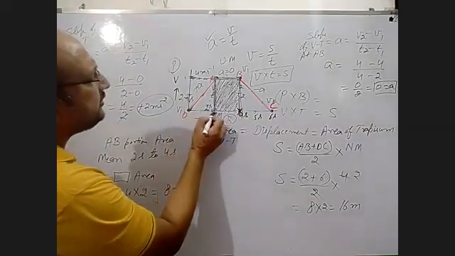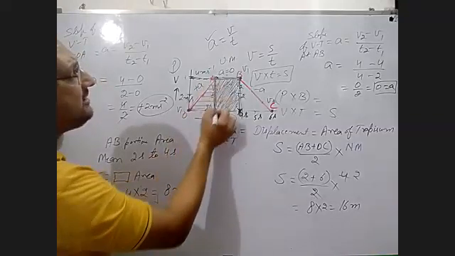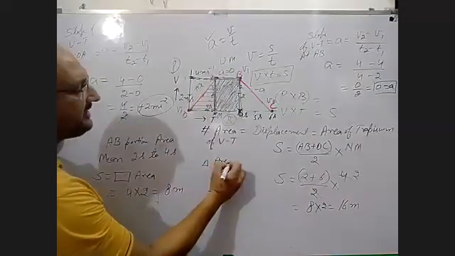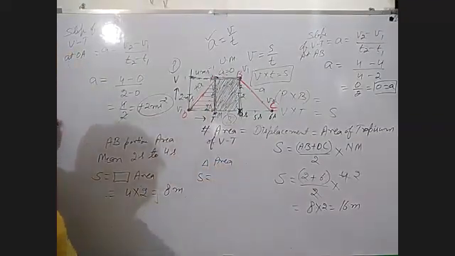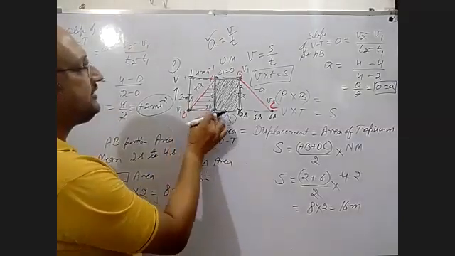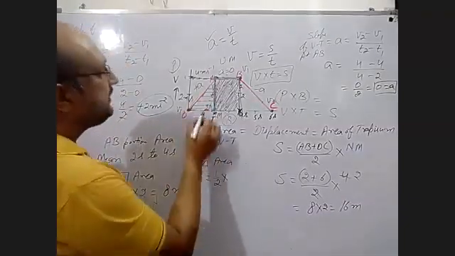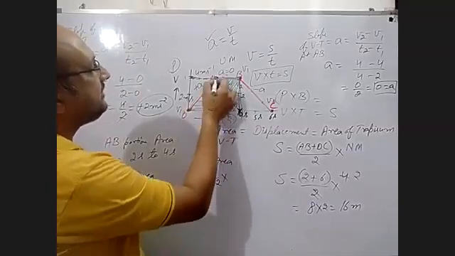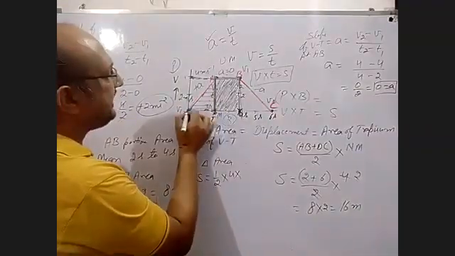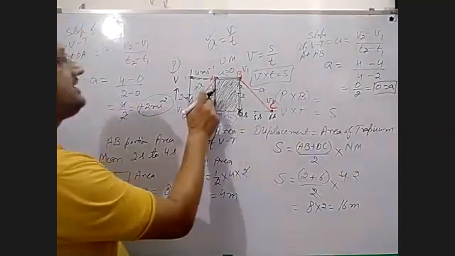If you want the 0 to 2 second area, only this portion, then this is a triangle. If you calculate the triangle area, you get the displacement covered by the object in the first 2 seconds. How can you calculate it? Half into perpendicular. The perpendicular here is from A to this, which is 4, and the base from 0 to 2 seconds is 2. In this way, 4 meters is the answer for this portion.